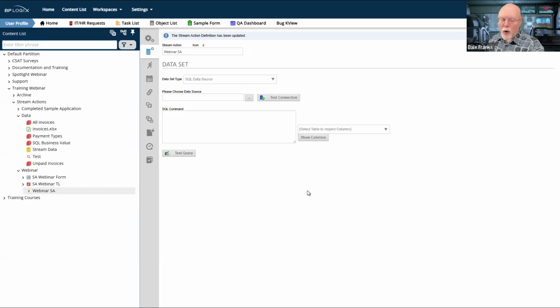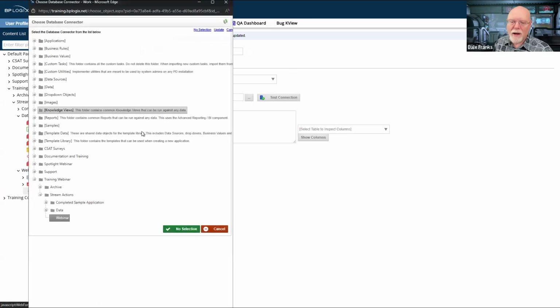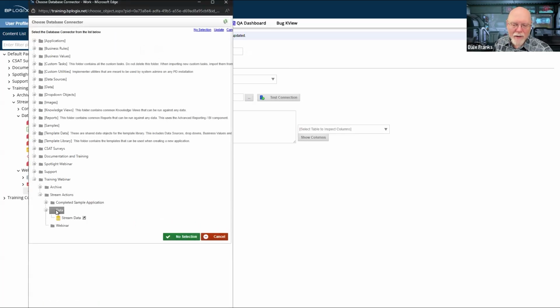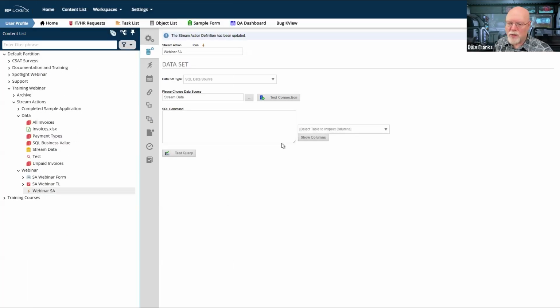So while I do need a data source object, because I do need to be able to connect to an outside data source, in this case, I would select my data folder and I'd pull my stream data. I'm now connected to the database directly. I don't need a business value to make a stream action work. I can create it myself via a SQL command.